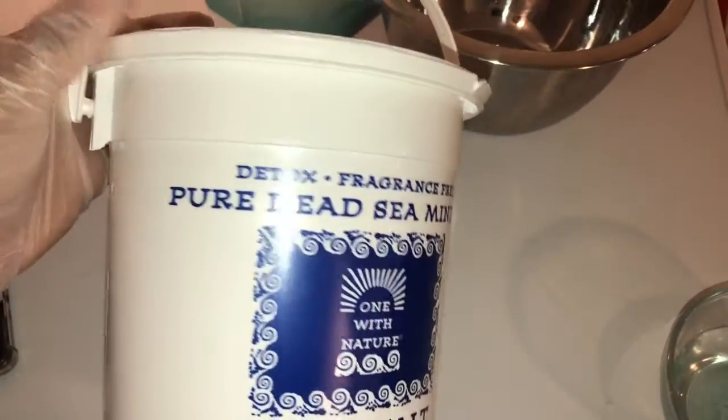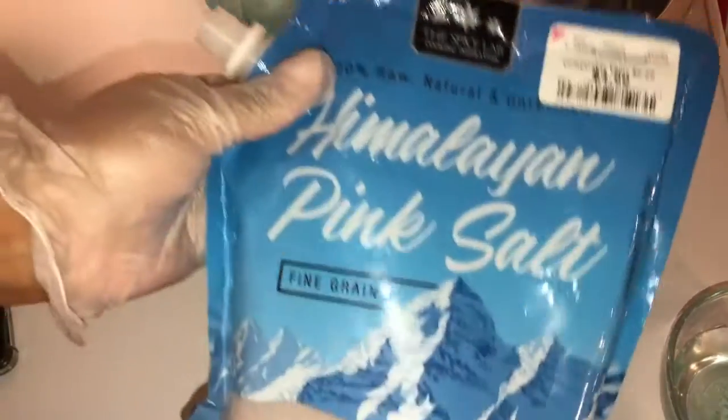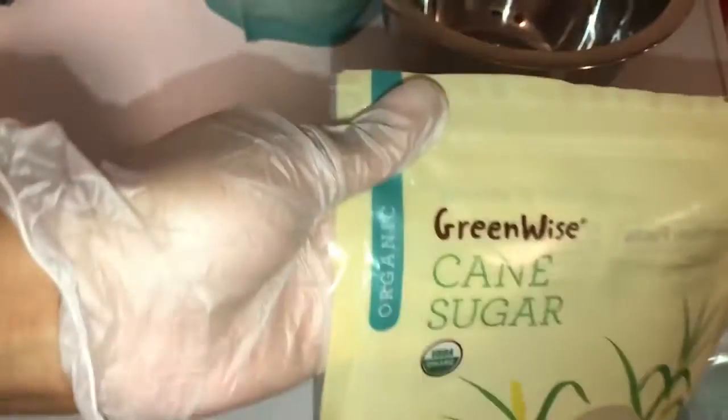Dead Sea salt, fragrance free. I also have pink Himalayan sea salt. I also have cane sugar and brown sugar. I will also be using